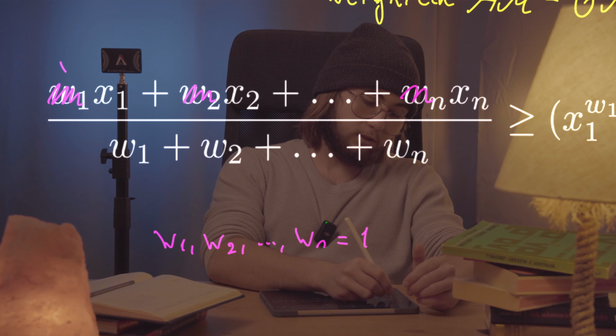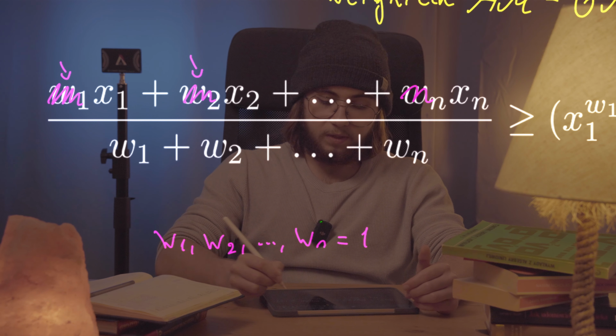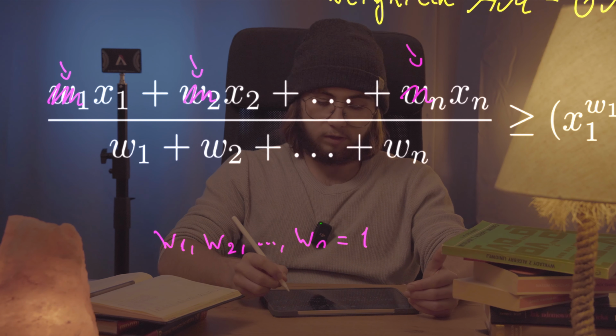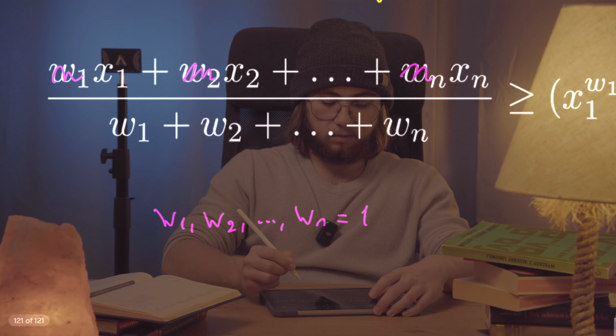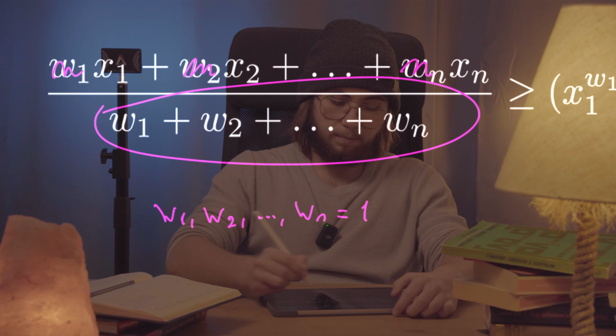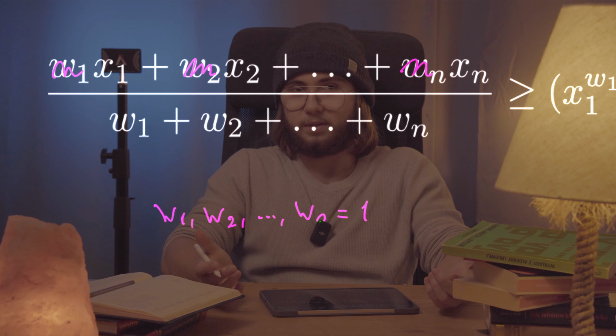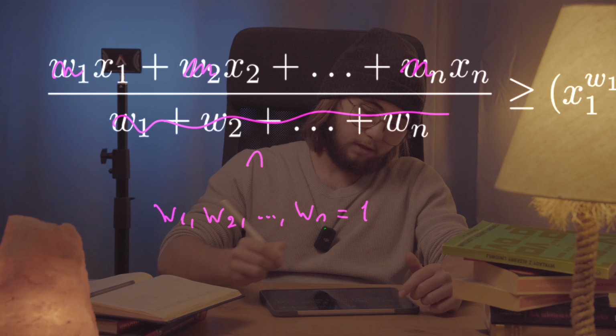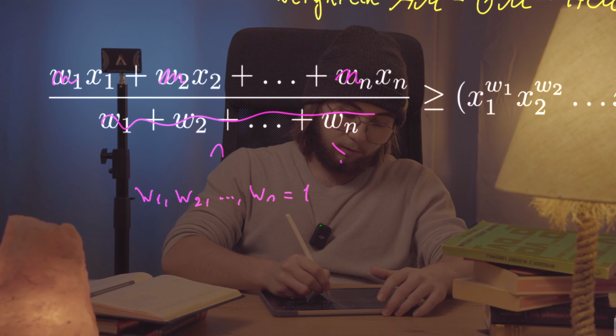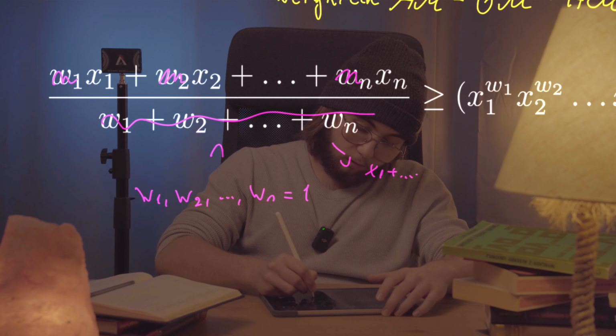Every single weight is going to turn into 1. So I'm going to be left with, in the numerator of this fraction, just the sum of all the x's, and what I'm summing in the denominator is just a bunch of ones. Actually, those are going to be n ones, so the denominator is just going to turn into n. So I'm left with the sum of all of those x's divided by n,